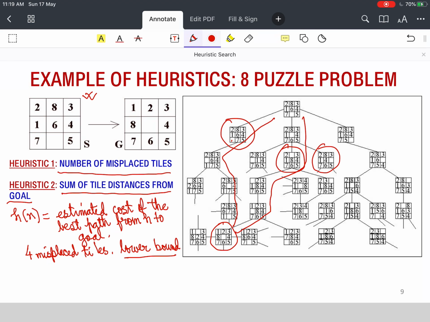Let us look at another option. What is the distance of each tile to its actual position?